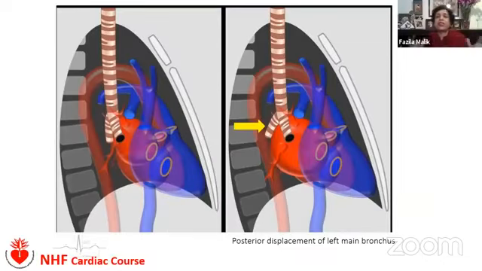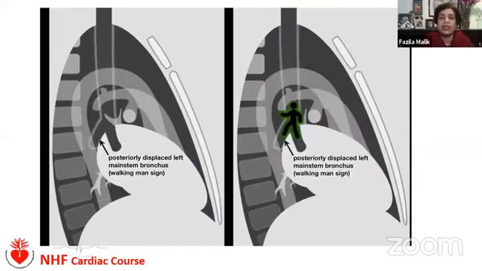So when the left atrium is growing, it grows not only towards the right and the left, it also grows upwards. And when it grows upwards, what structure does it impinge on? It impinges on the main bronchus, and it causes posterior displacement of the left main bronchus. So the left main bronchus moves posteriorly. And what this creates is that in the lateral X-ray, you can clearly identify the two bronchi separately, because the left main bronchus has moved